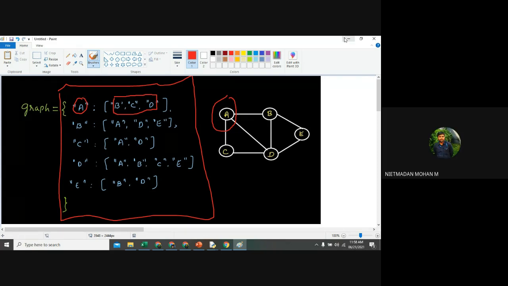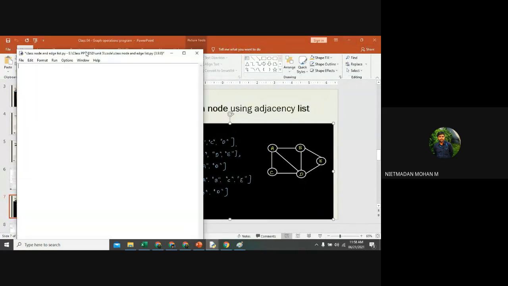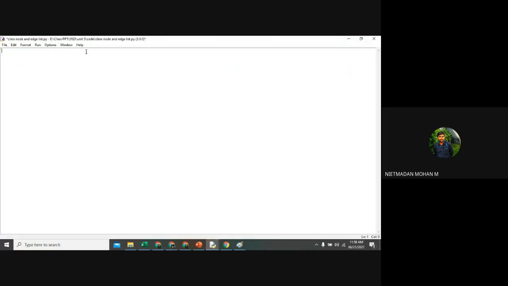Yes. So here in this list representation, there is only one major difference. We are not going to create a list, we are going to create a graph. Are you getting this? We are going to create a dictionary. So first we have created a dictionary. Am I right? Yes, sir. So this is the symbol for creating an empty dictionary. It means I have created a dictionary, and the remaining we will do.